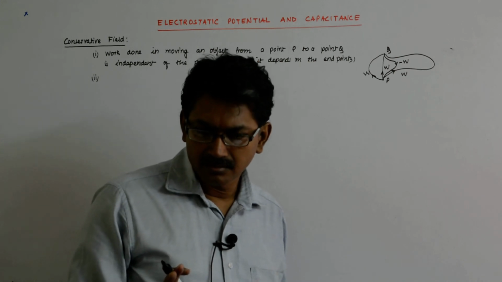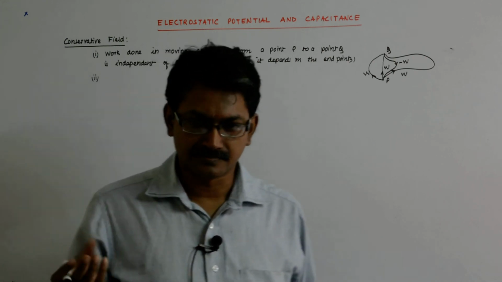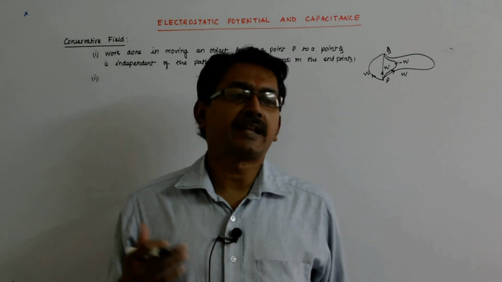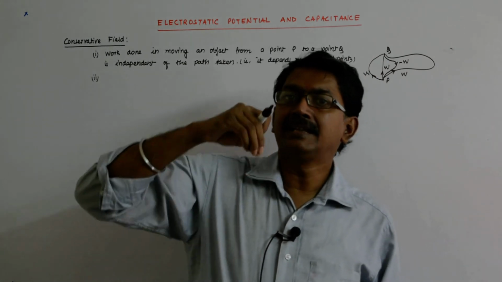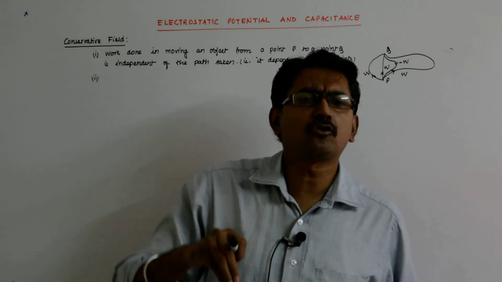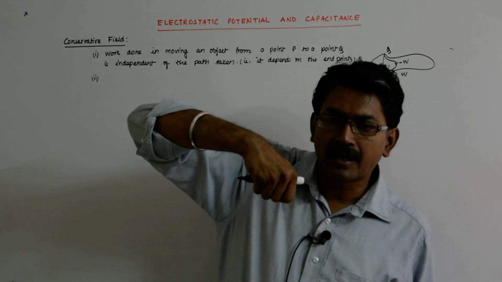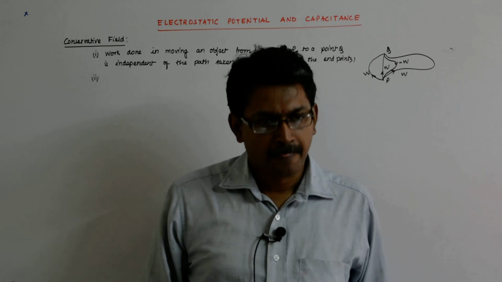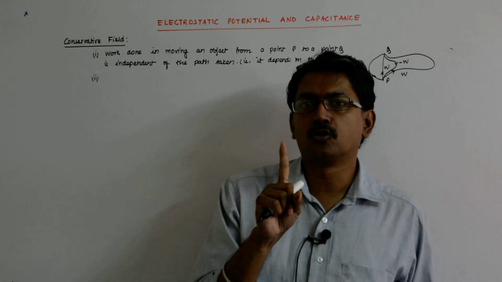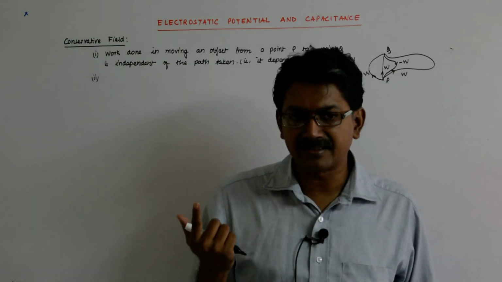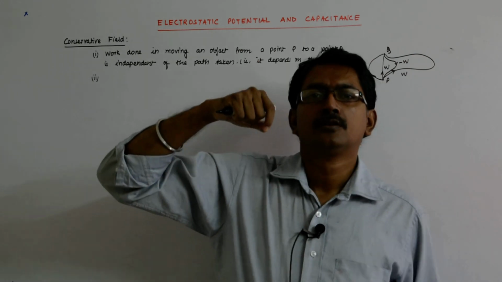Work is a scalar. Why is work done negative, in what sense? When you do not have to do the work. For example, while taking a brick up, you do the work. While getting it down, you do a negative work if you do not want to accelerate it. Otherwise, if you leave it, it'll accelerate. So if you want to bring it back, you have to apply a force in the opposite direction. Say if the mass is m, then that force is mg, and you have to gradually take it down.